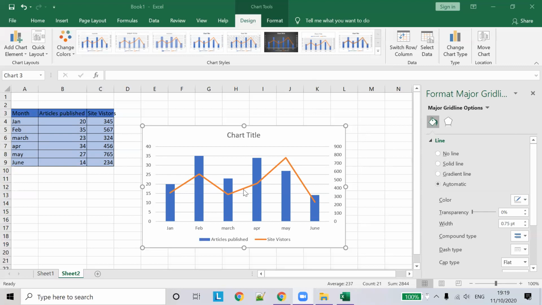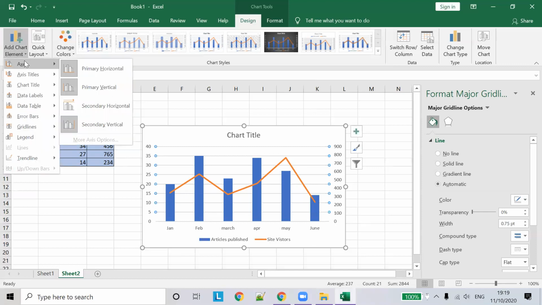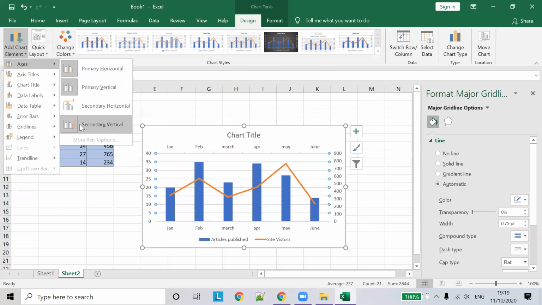So now we can go to add chart element. So we can choose primary horizontal.